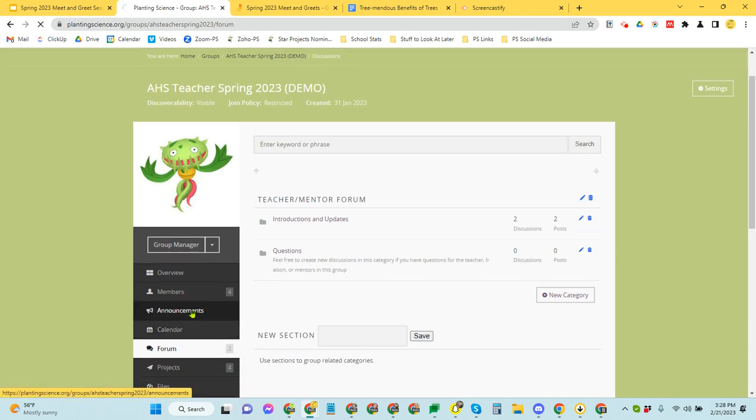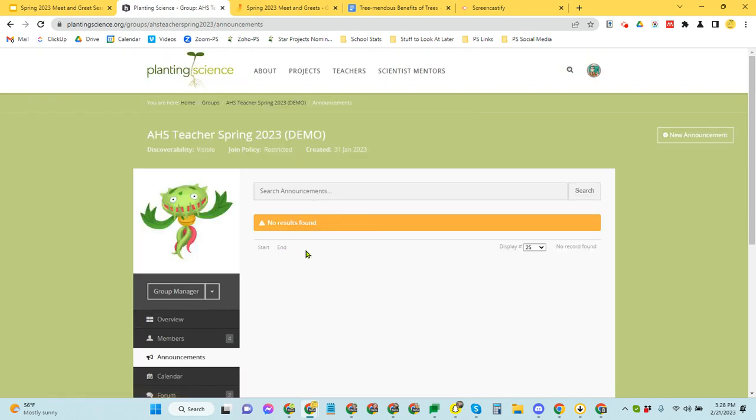There are also announcements. Obviously, this list is empty, but you can add a new announcement by clicking here. What that will do is post a message on your group page, on this main page here, in a big red banner that provides an update to what's going on in the group. It depends on where you are in the United States, whether it's late fall or early spring, if inclement weather affects whether you're having school that day,